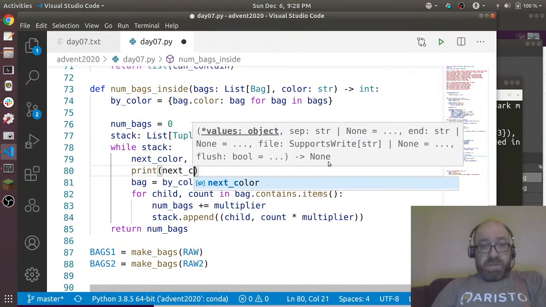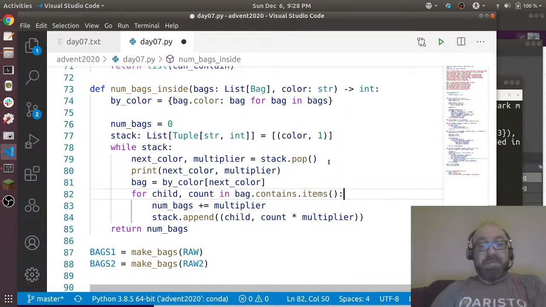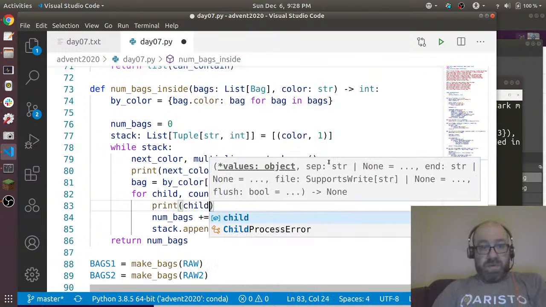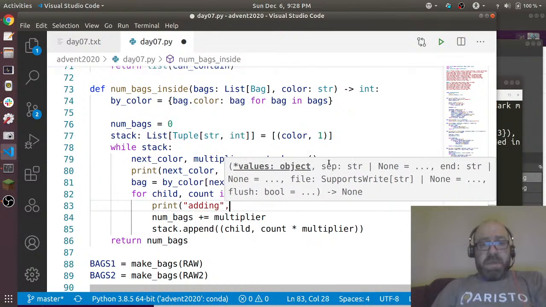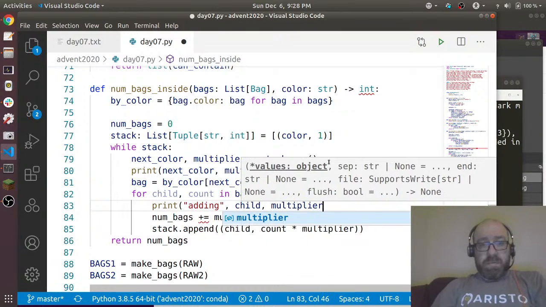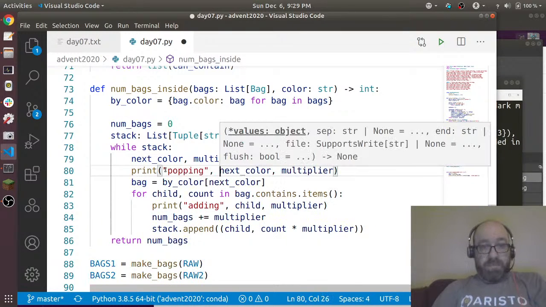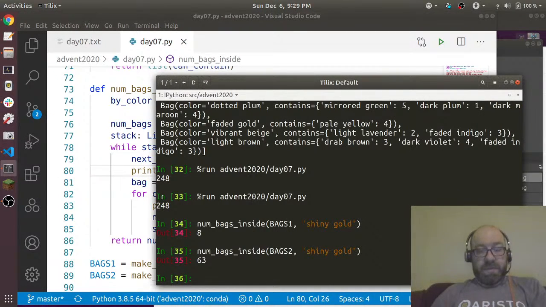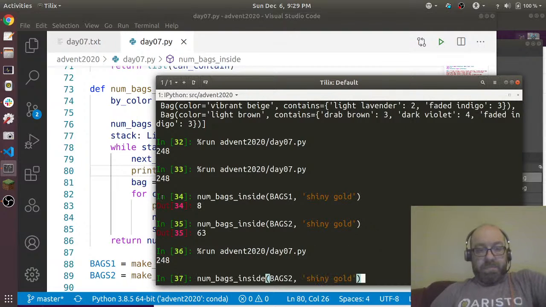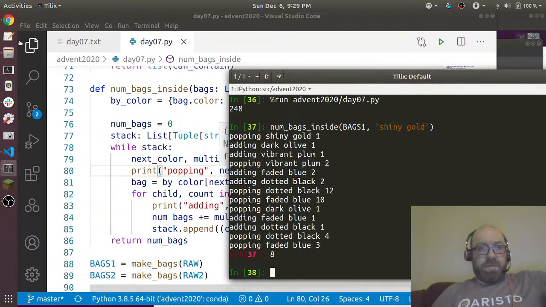Let's try this. Print next color, multiplier, and print child. Print adding child multiplier, and here I'll print popping. So let's see how this works, and it's possible that I just got it completely wrong. Popping shiny gold 1, adding dark olive 1. So